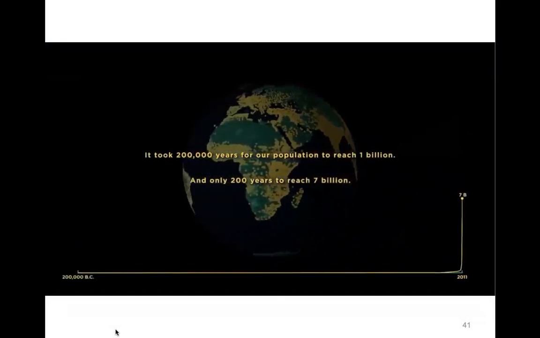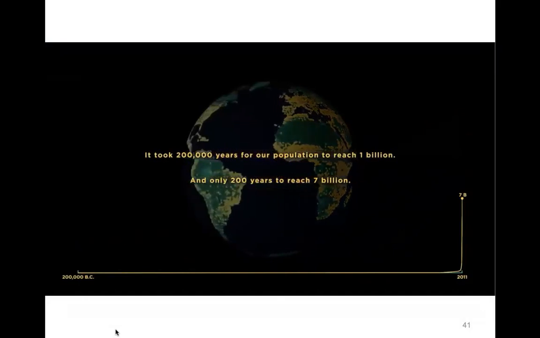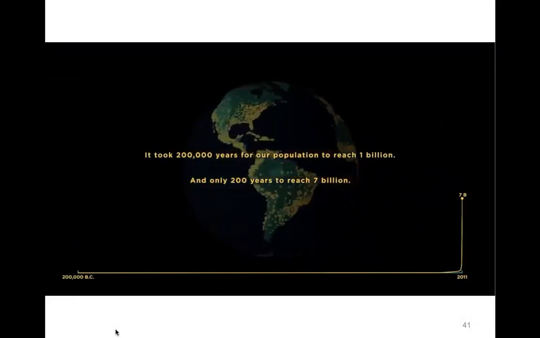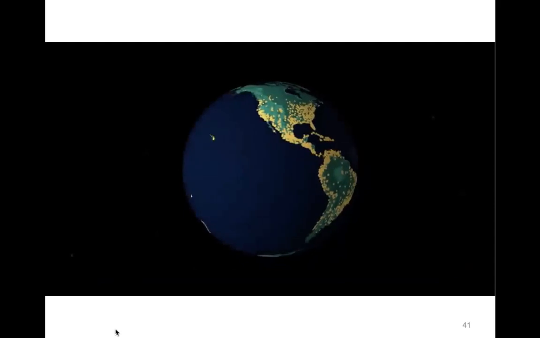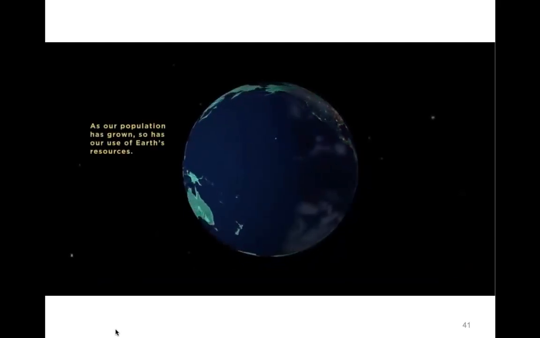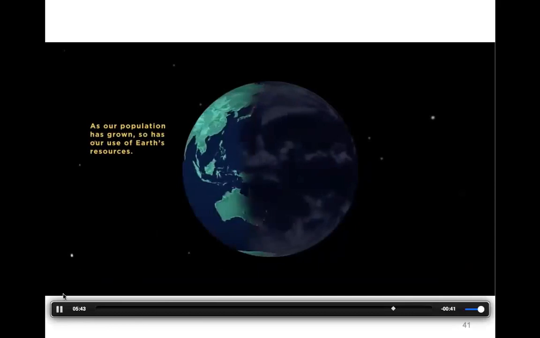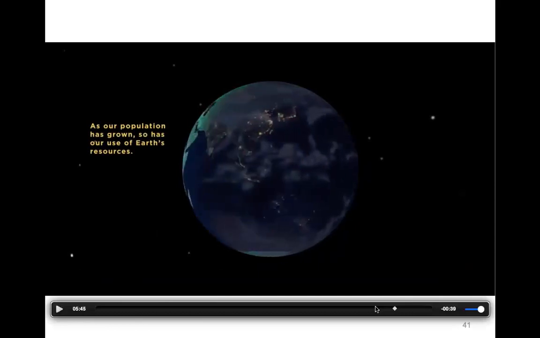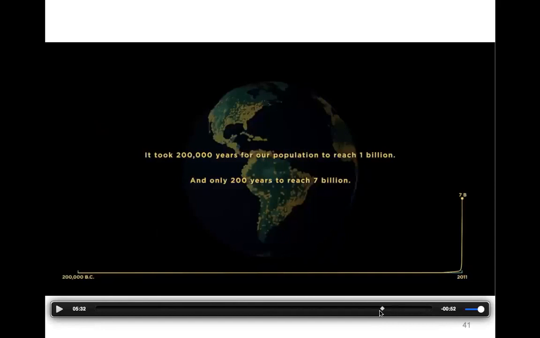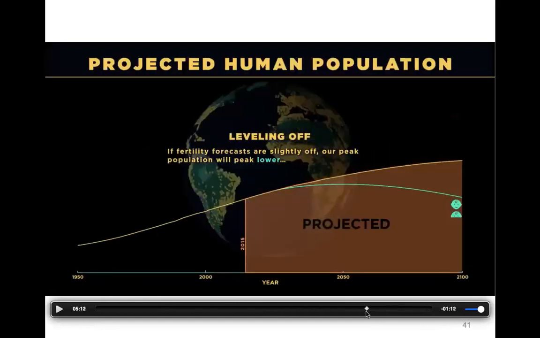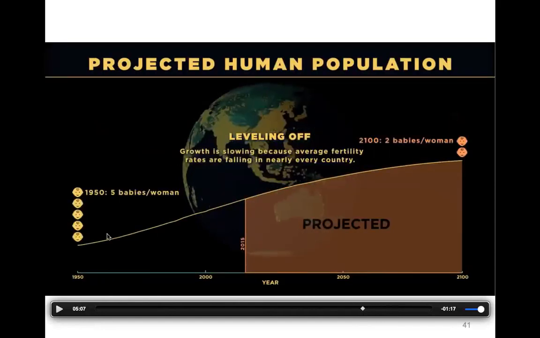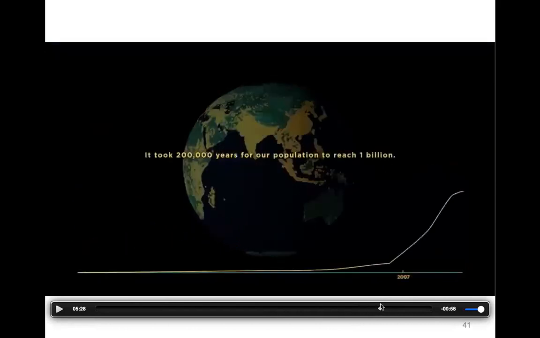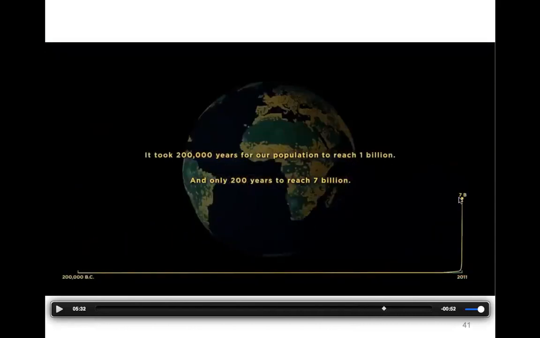Now you see them both in one graph. So this is the big problem. If you look at this graph, it actually looks like a logistic model, right? With us reaching carrying capacity and leveling off. But here's the problem. When you talk about resources, which is why we have to address these problems, having a growth rate like this is